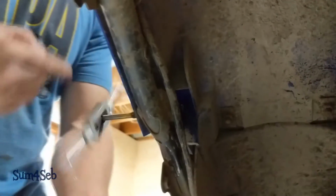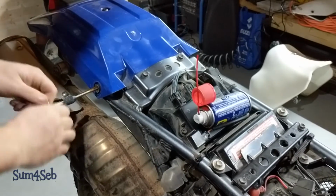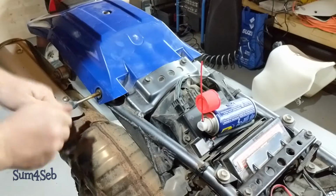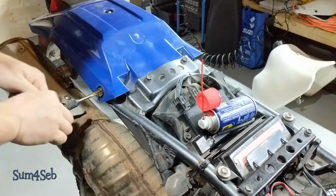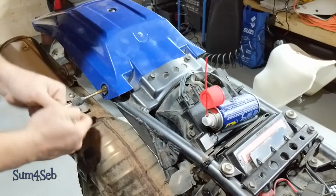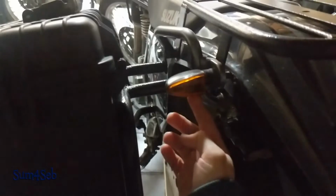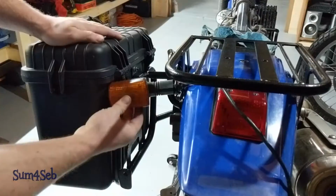We already got the other side done, now I'm just doing this one. Just go in a bit, back out to clean it out. Time consuming, but if I ever need to service the racks or the subframe of the bike, then at least they'll be removable. So when we installed my rack, my bike already had the shorter stem signals on it, and it wasn't a problem. But